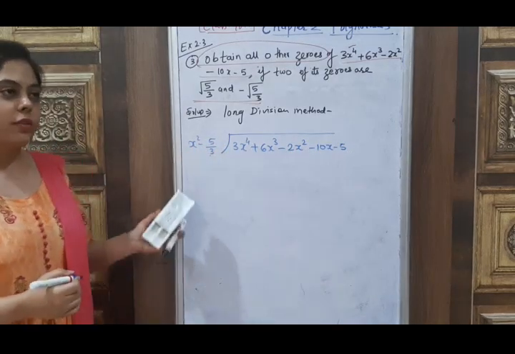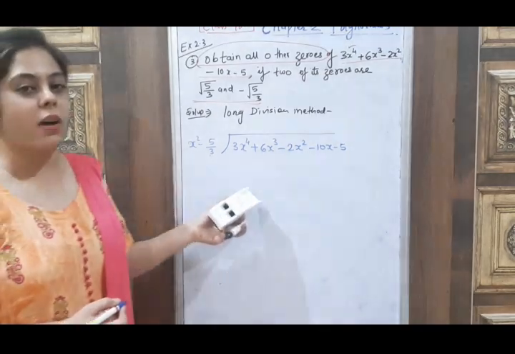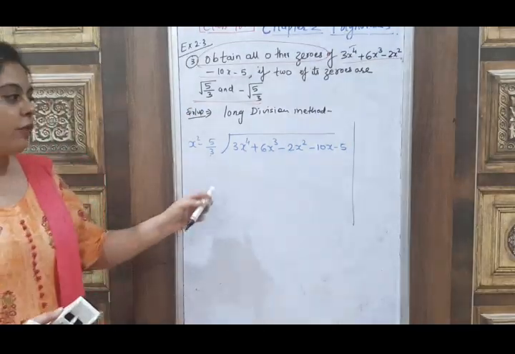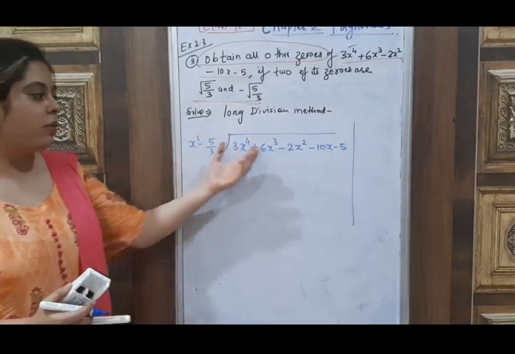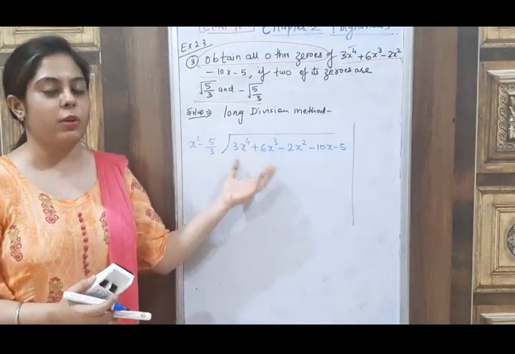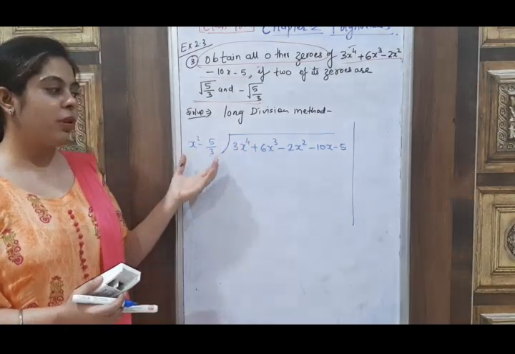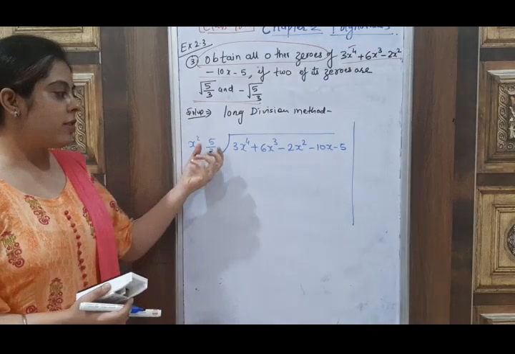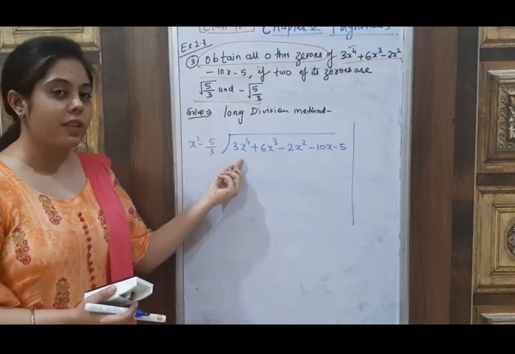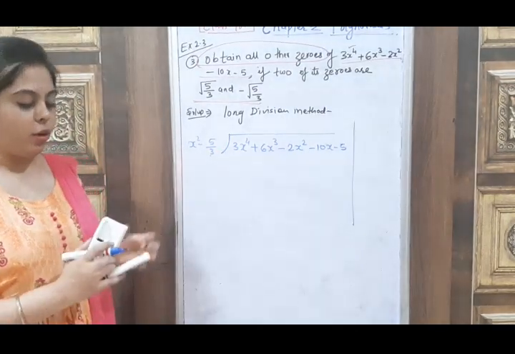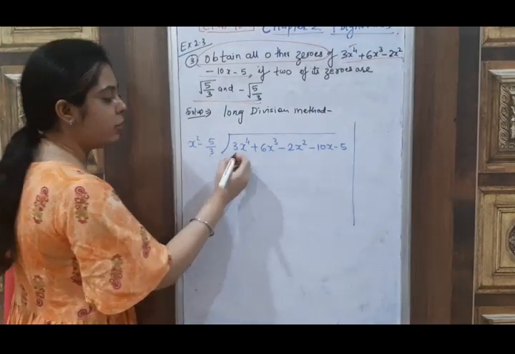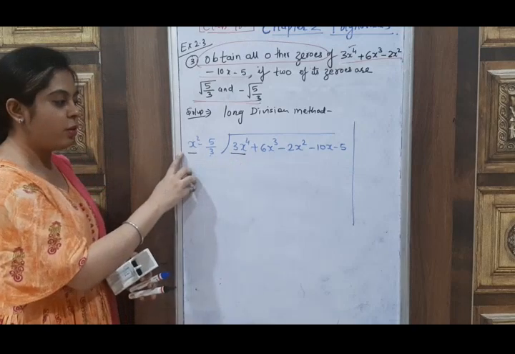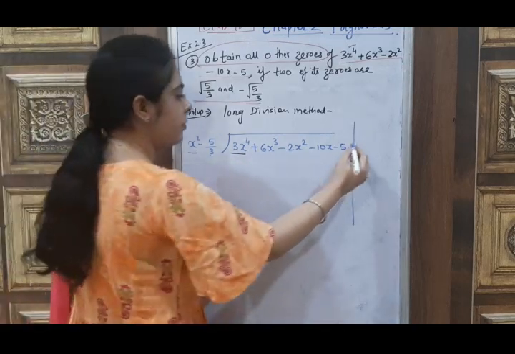And in the first part of the same exercise I have explained to you how to use long division method for division. So for this first we have to check that both the polynomials are given in standard form or not. So here you can see that both the polynomials are in the standard form. So let's divide here. First we take the first term of this polynomial and the first term of this polynomial. Here the first term of the polynomial is this and here the first term is this. And we divide this 3x^4 by x square here in the rough.